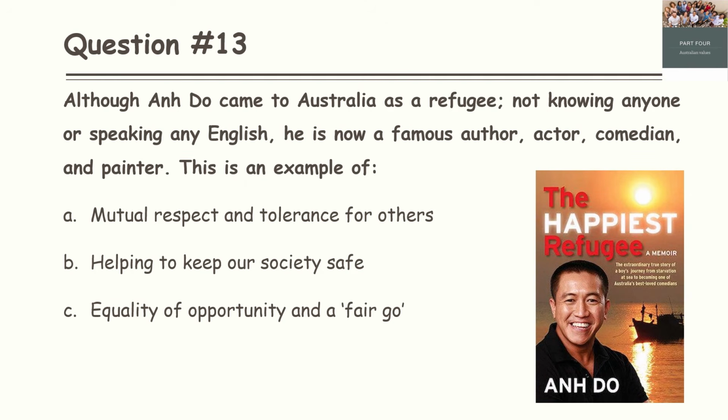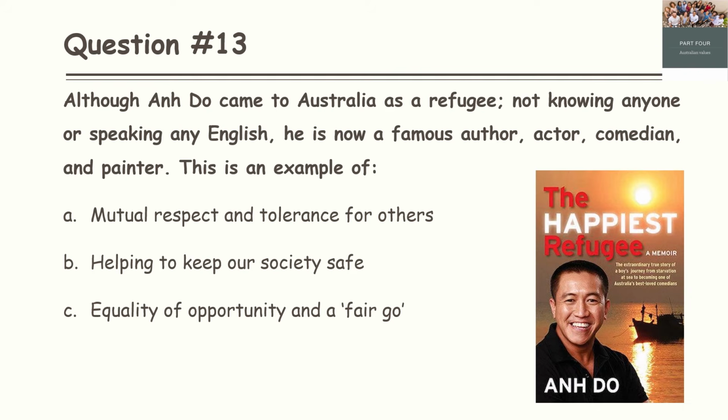Question 13. Although Anne Doe came to Australia as a refugee, not knowing anyone or speaking any English, he is now a famous author, actor, comedian, and painter. Australians believe that everyone, regardless of their background, is given an equal opportunity to achieve success in life. What someone achieves in life should be as a result of their hard work and talents. Anne Doe worked hard to learn English and develop his talents, and is now famous and successful. This is an example of